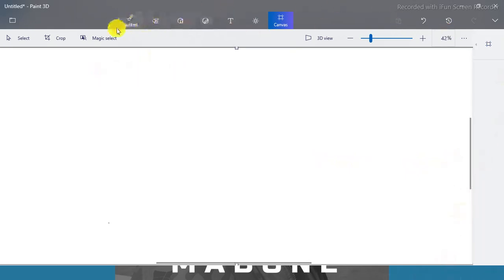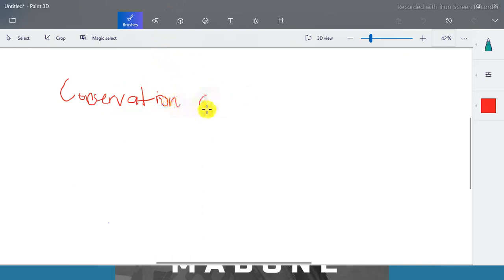All right, guys. So let's talk about the conservation of linear